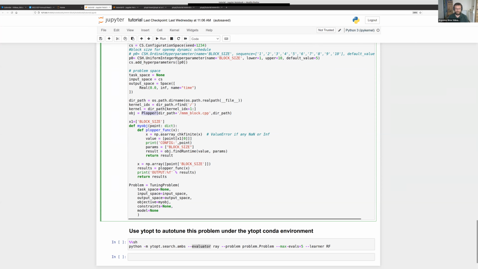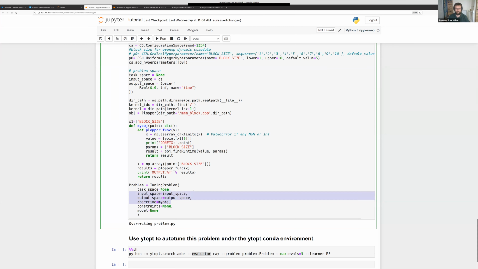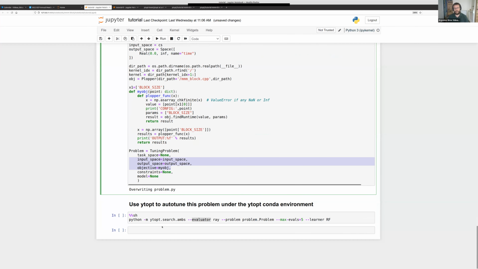So I just wrote this file onto the disk here, and you see the problem that is defined is a ytopt tuning problem. So with an input space and an output space, meaning the configuration space here and the time it takes, and the objective function. And with these three objects, we are defining our ytopt tuning problem,